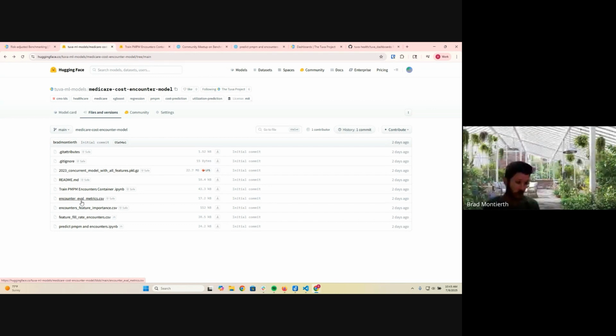Detailed eval statistics for each of the targets that we're predicting, and then a feature fill rate table. And this is useful for data quality debugging purposes. I found when predicting on a different data set, there were some issues with the benchmarks and they weren't quite working right. And so I calculated feature fill rates for all of the features that were used to train the model, and then feature fill rates on the data set that we were predicting on. And it was quite obvious that we had 0 filled features for all of the CMS HCCs.